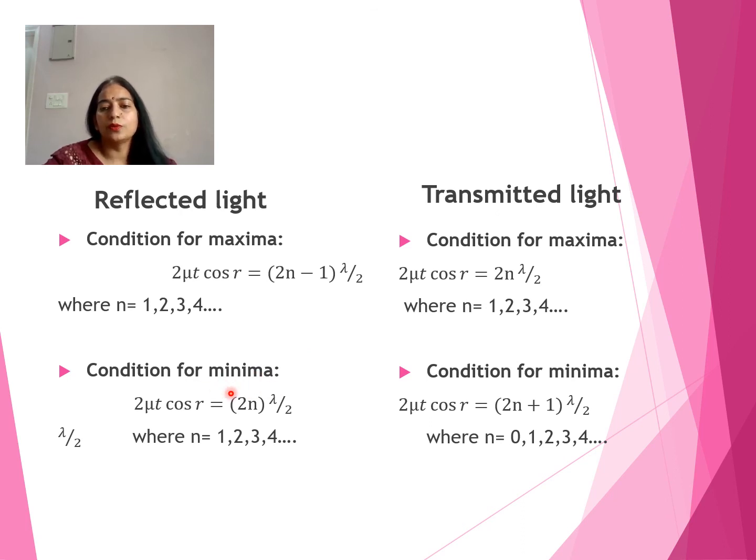Or you can use general sense: if all light is reflected, meaning in reflected light you see maximum intensity in the film, then obviously no light is transmitted through the thin film. So obviously from transmitted light we see dark in the film. If all light is transmitted, then on the reflected side we see dark in the thin film, and obviously we see bright from the lower side, in transmitted light.